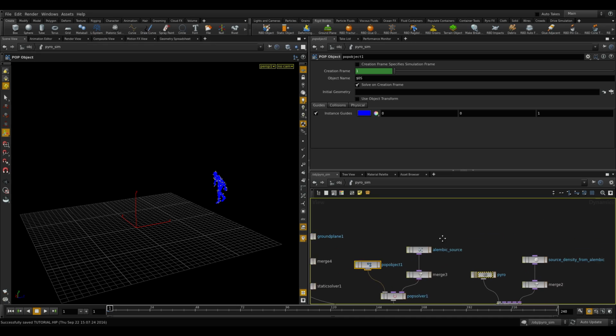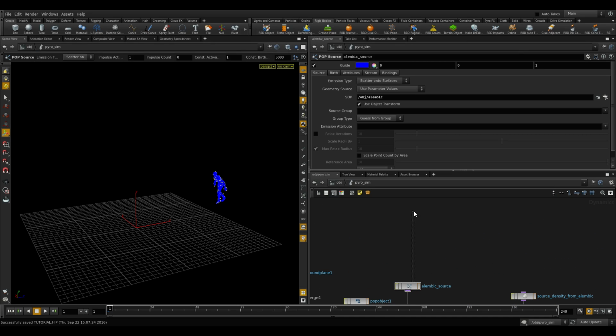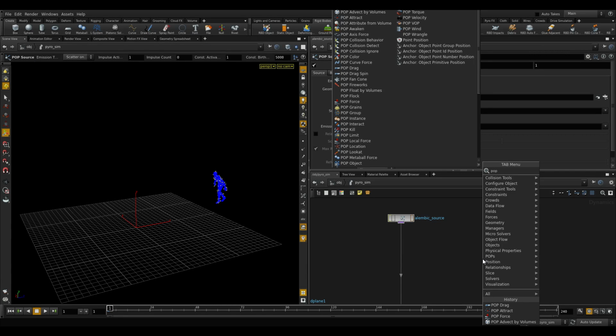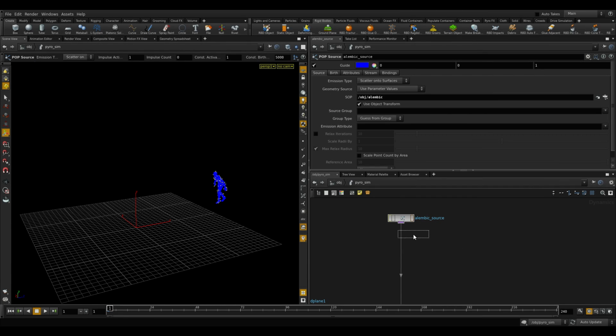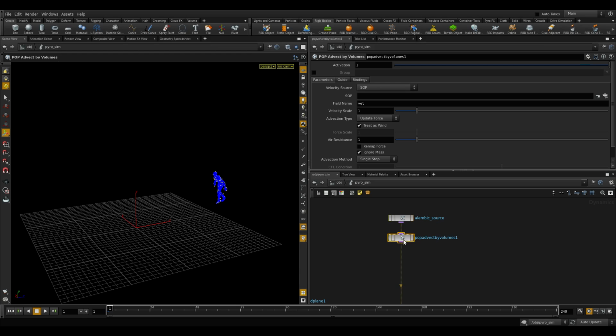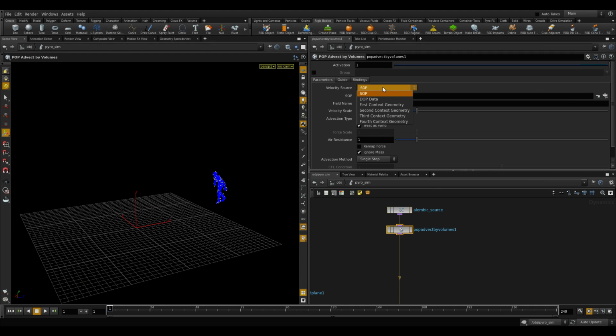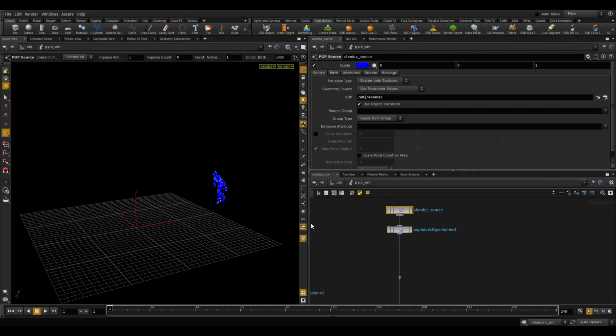So to change this, I'm just gonna put this up, and first thing I'm going to do is add a pop advect by volumes, and I want to advect the Pyro. So on the velocity source, top data, and the top object is the Pyro, and increase the air resistance. So yep, so it should now